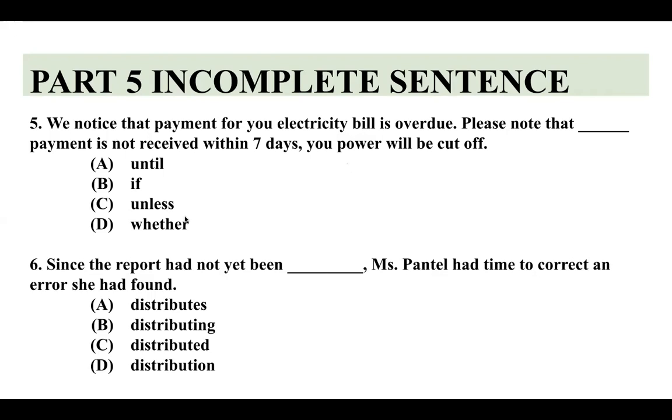next question number 6 here since the report had not yet been blah blah blah since ไม่ได้แปลว่าตั้งแต่ ถ้าเป็น since ตามด้วย noun หรือ phrase แต่ตัวนี้ since แปลว่า because the report had not yet been blank อะไรสักอย่าง แต่มี been ด้วย passive แน่นอน Mr. Pantel had time to correct an error she had found A distribute, B distributing, C distributed, D distribution ไม่ยากครับ เราต้องการ past participle หาตัวที่มี ed distribute ไม่ใช่ distributing ไม่ใช่ distribution ไม่ใช่ คำตอบลงไปที่ C ครับ everyone type C for me please